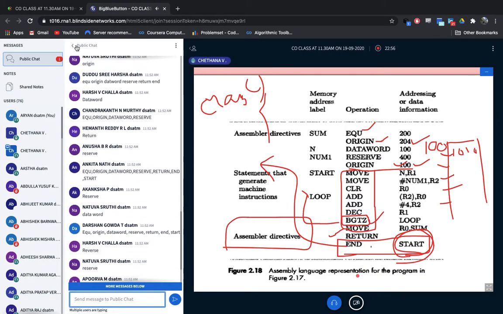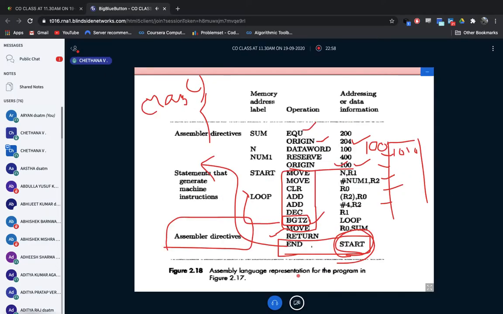You have to write like that. That's what I require. Because there you have clear, add, decrement, all of them actually, but they are not assembler directives. Yeah, origin, very good. There are two origins there. You should know the differentiation. First, originally your assembly level language program will be stored. Second, originally the machine level language code will be stored, the starting address available over there. Okay, I think you are clear with this.